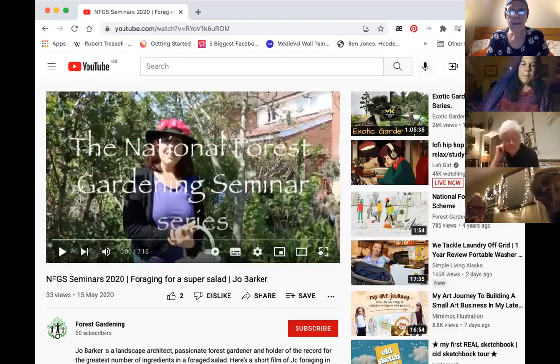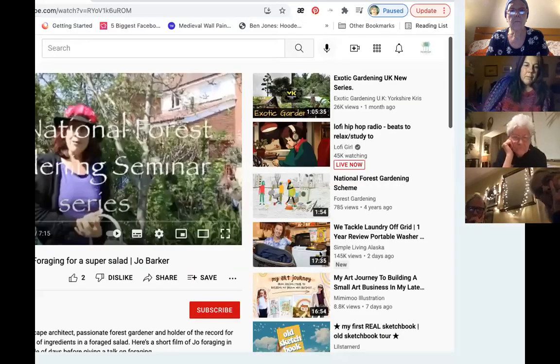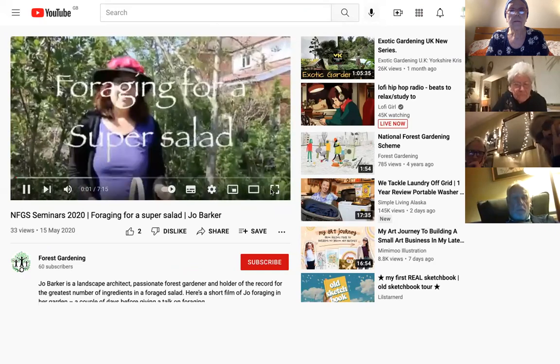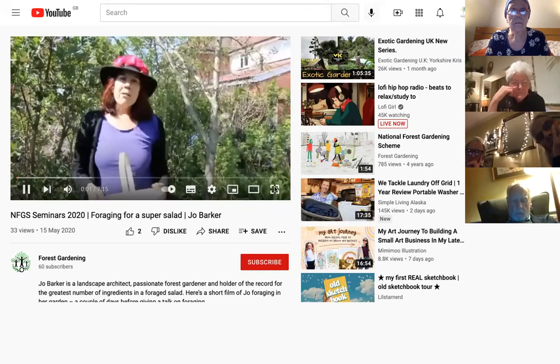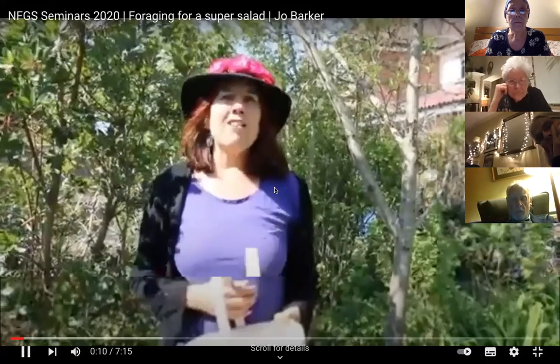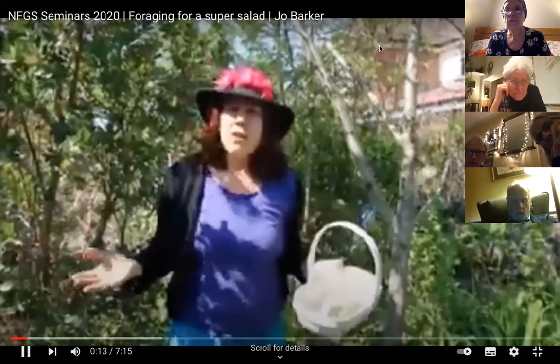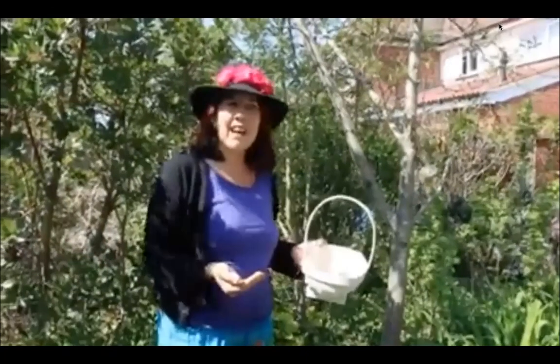Hello, and welcome to my living larder and medicine chest. My name's Jo Barker, and this is my garden, and I'm on a mission to help garden foraging be a main activity, because we all have lots of food we probably don't realise in our gardens, and it's really good for us. It's nutritious and free. And today I want